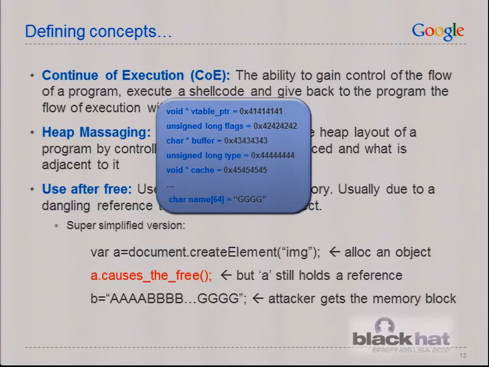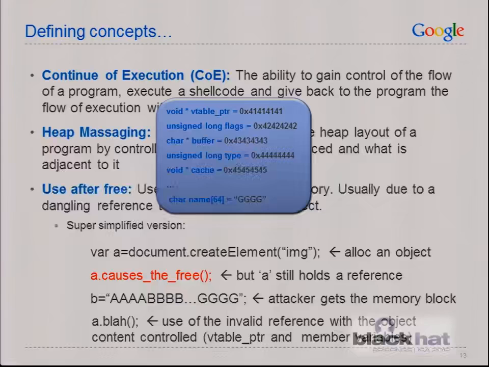So this is key for the rest of the presentation. It's not about controlling the vtable pointer. Back in the days, one or two years ago, people were only focused on controlling the vtable pointer because that's the only thing that they needed. But for infoleaks, we need to control the member variables of the object. So in this case, the attacker allocated a string. Probably it's not going to allocate one string, it's going to allocate thousands of strings because they want to reliably get this object. And later on, it's going to exercise some functionality in JavaScript that will exercise that